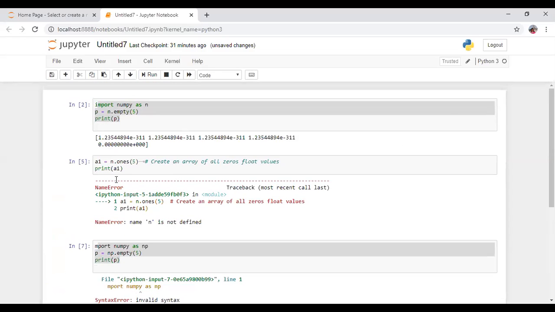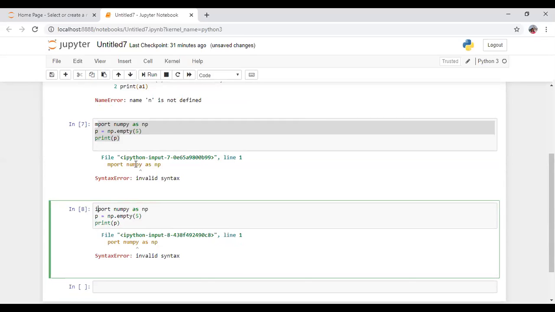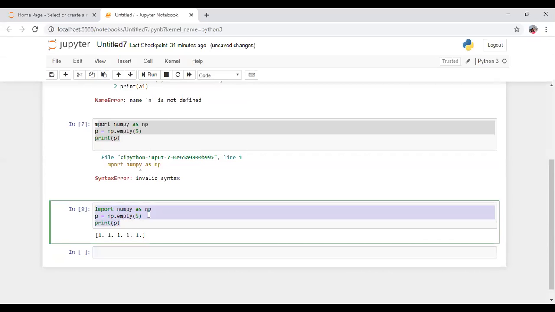Because once it is imported, it is not imported again. Same, once you are using an import function with that name, that's why. See here, this is ones, showing ones, and with import you can use any variable name.